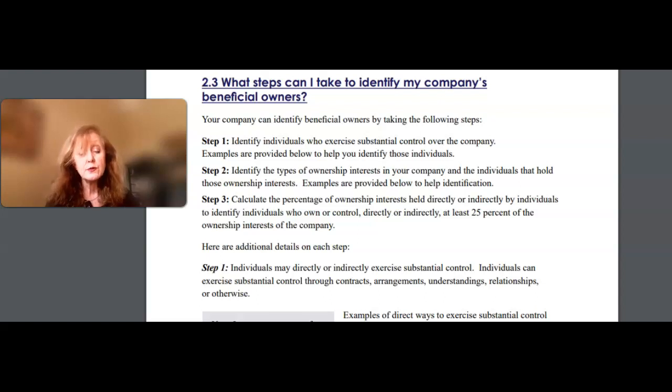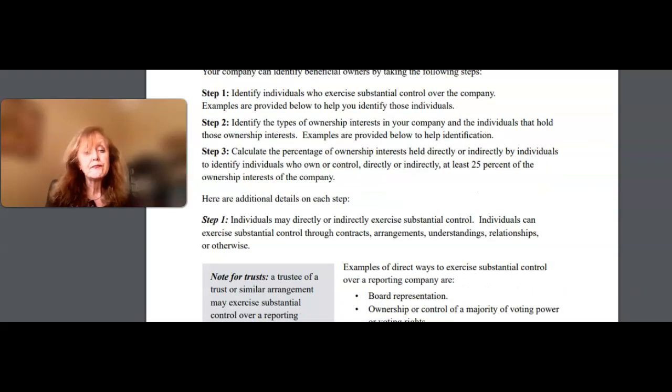And then once we identify those with ownership interests, we have to calculate what percentage ownership interest they have, and that would be step three. And we're looking for people or owners, beneficial owners, that own or control directly or indirectly at least 25% of the ownership interests of the company. So when we look at their examples, and we'll use their examples just so that it's easy for you to actually see,